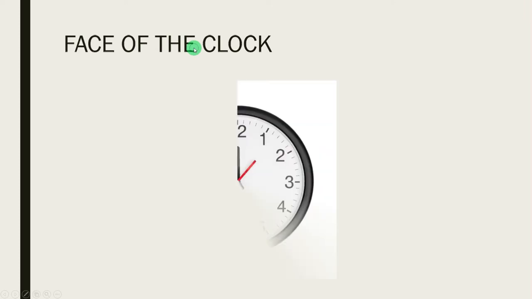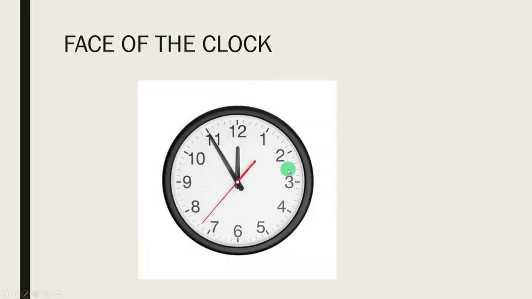So if you press the slideshow, the face of the clock appears. As you're explaining, if you want to point out something, underneath the PowerPoint you have a lot of things. These two arrows mark the previous slide and the next slide. And you can pick up a laser pointer to point out, this is the hour hand, this is the minute hand. Like that you can use the laser to point out, or you can use your pen.